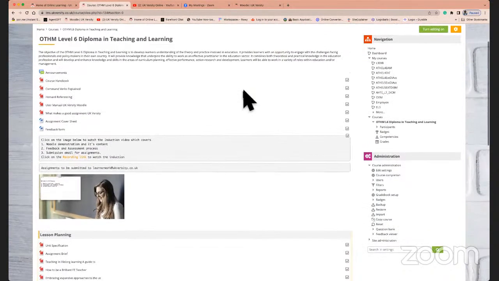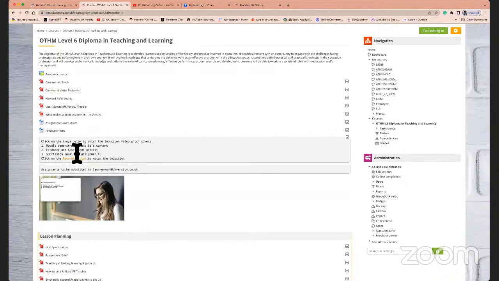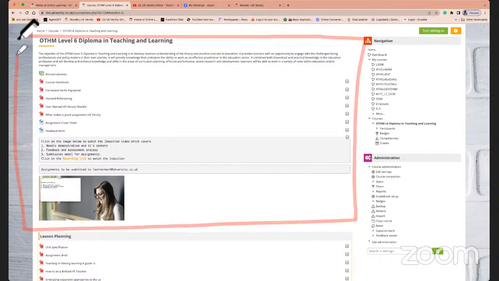So what will happen here is the induction that I'm doing right now will actually get reflected here in terms of a recording link. So if you ever need to go back to your induction, that will be showing up as a recording link on this side. Today, our focus would be to look at covering some bits of the content that I would want to show you and discuss, and that would be in the pre-enrollment section of this course, which is this area.